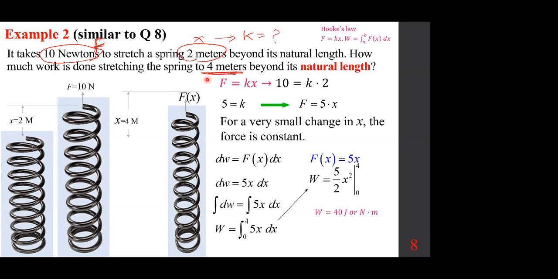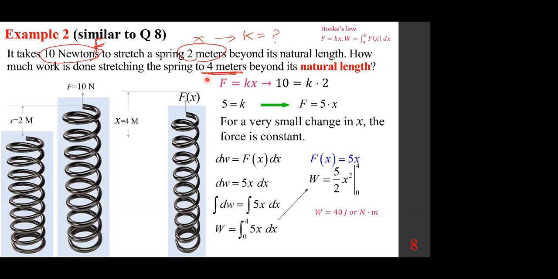Okay. I hope everybody is okay with this. And so we end up with 40 joules, also known as Newton meters. Okay. All right, let's go to the next example, the type of example again